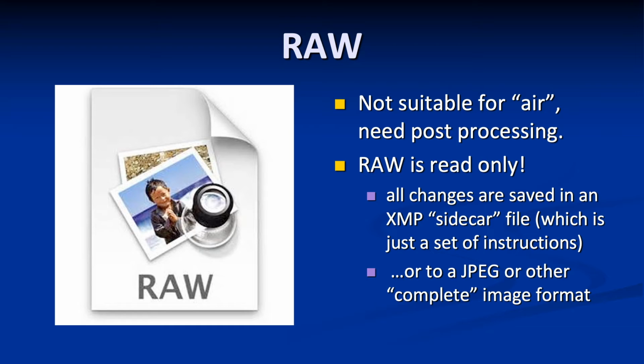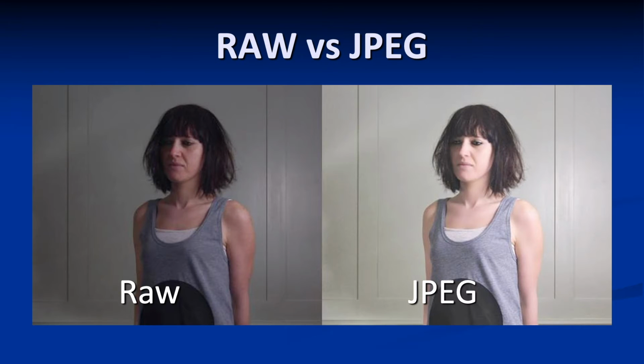RAW files are read-only. They cannot be altered. They can only be copied. As I was saying before, when you transfer them and make changes, you're making changes to the copy. The original RAW file is unaffected. Run a RAW file through a viewer or converter, and you will see that if you compare on the left